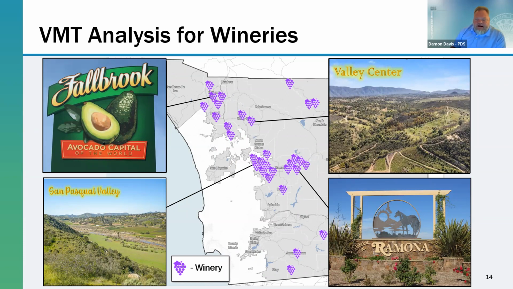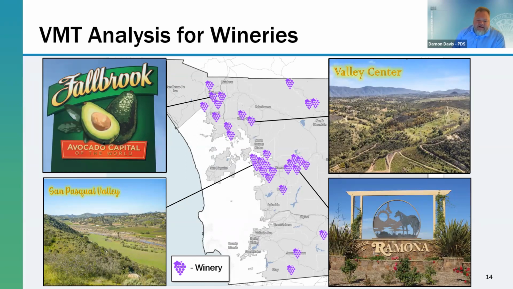But yet we still process projects that aren't housing, that aren't employment, or everyday retail type uses. Wineries, hotels, recreation projects, cemeteries, these one-off project types are still subject to VMT because they're subject to CEQA. But yet the intent of the legislation wasn't really to put those uses within VMT efficient areas. With that in mind, staff and the consultant team prepared a VMT analysis specific for wineries to use in the